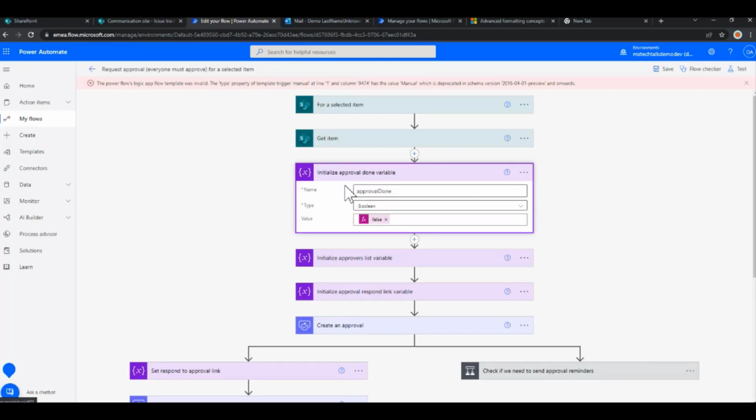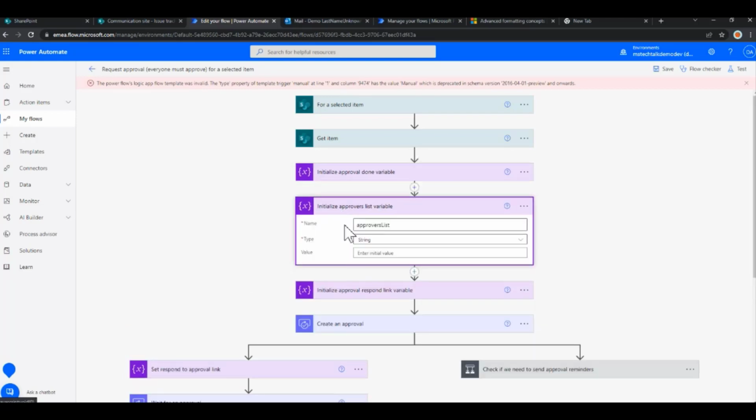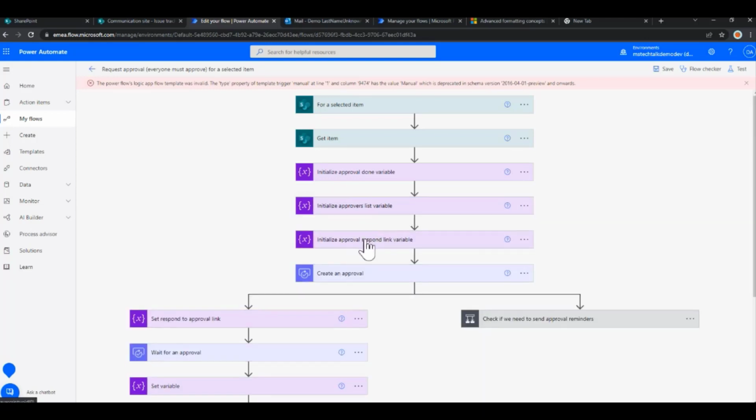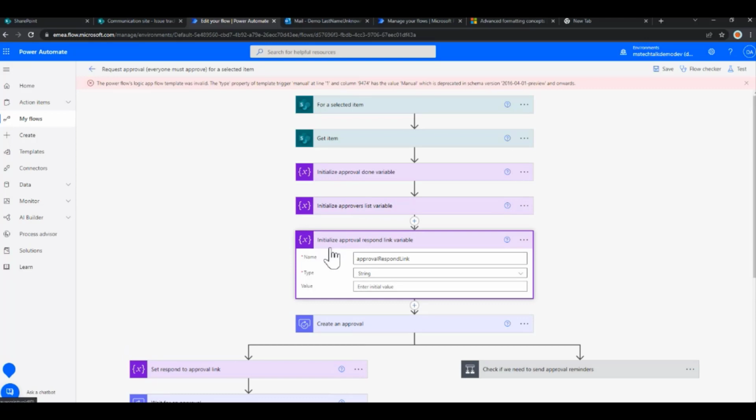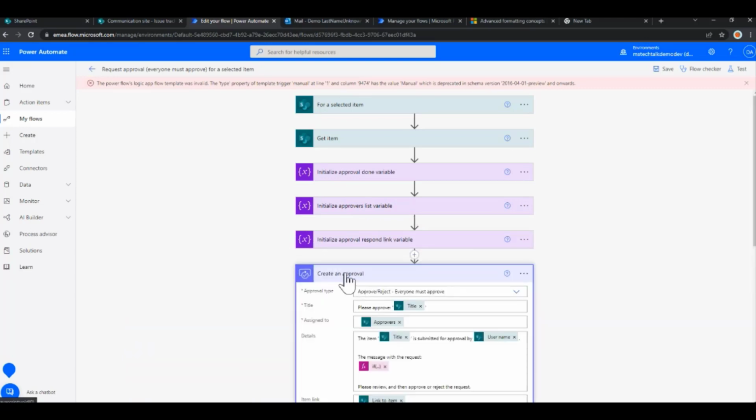It's setting to a false value here, and for initialize the approvals, it's just creating a list of the approvals. It's just a variable, but it will take the input here, which it will be using later on in the session. And similarly, what will be the response time of the approval? And here, if I go to this session,